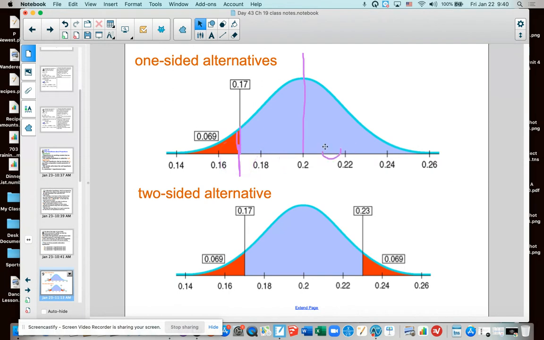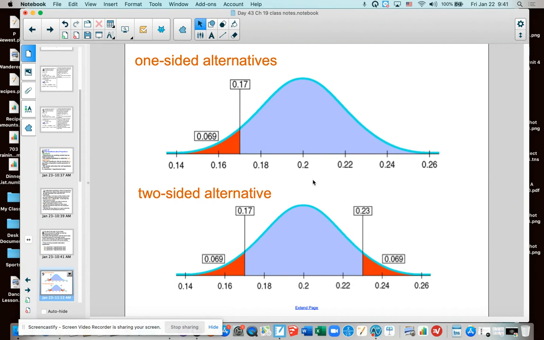variation, right? Sometimes you get a sample that has a proportion a little bit bigger than what the truth is, and sometimes you get a sample that has a proportion that's a little bit smaller than what the truth is. We expect that. We don't expect to get the exact same proportion as the whole population every time. But the big question then is, is this sample I got within that range of what I would expect from just